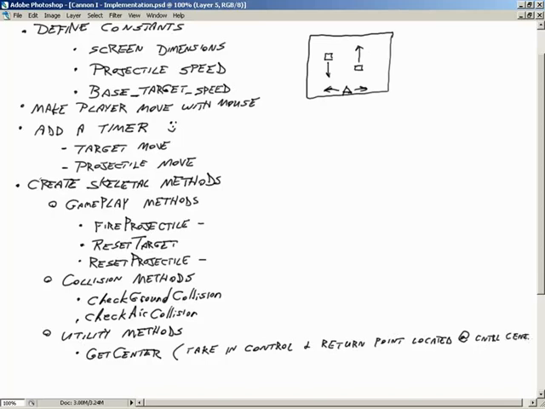Right. We need something that will give us a point located at the center of either our target or our projectile. In this case, it would be most convenient to have a method take in a control, because that's what picture boxes are. They're controls. So here's a control, and we can hand that control into a method, my graphical representation. That method is going to look at that control and return a point which would reside in the center of that control. So we're going to get an XY basically back that's going to represent the center of the